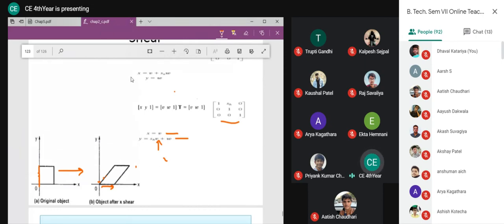Okay, so now this is the end of chapter 2. Now we are going for chapter 5. Any doubt in chapter 2, 1, 3? We have completed three chapters. Any doubt in any concept so far?